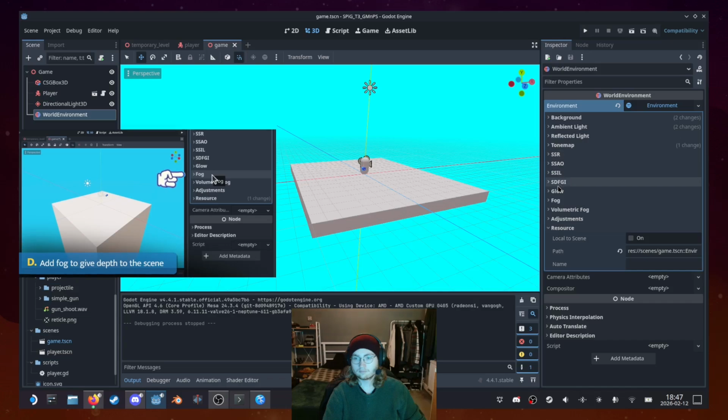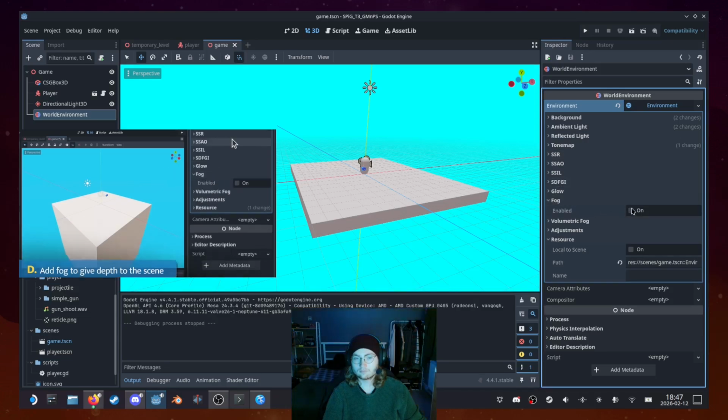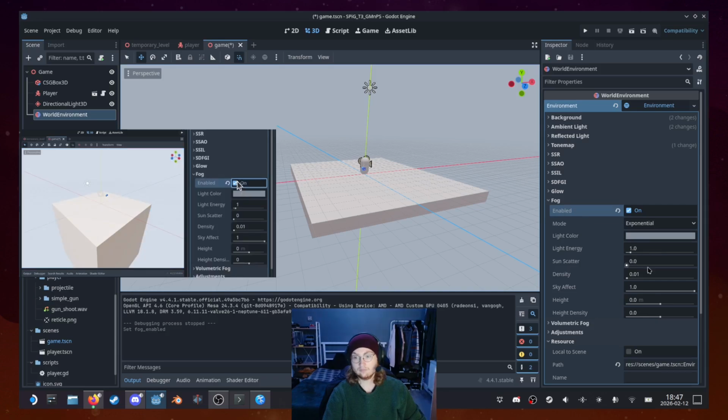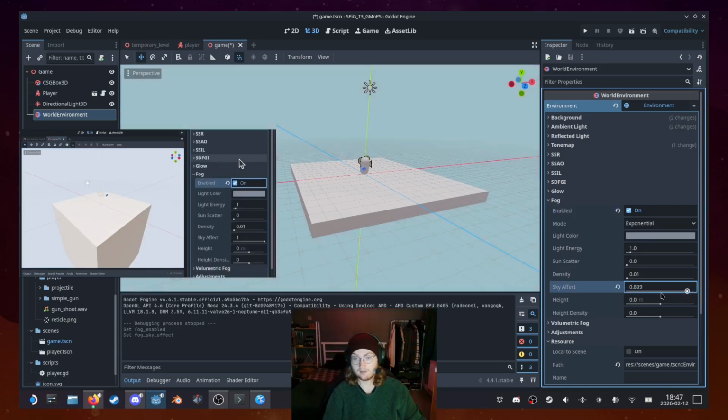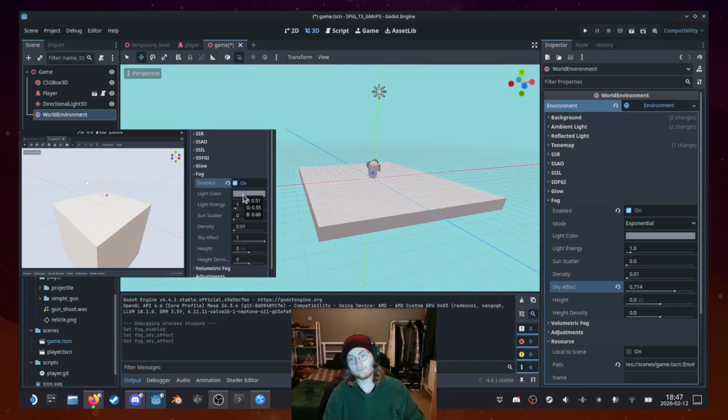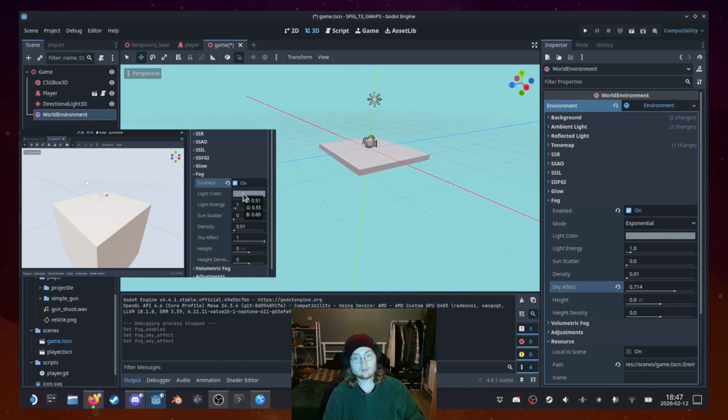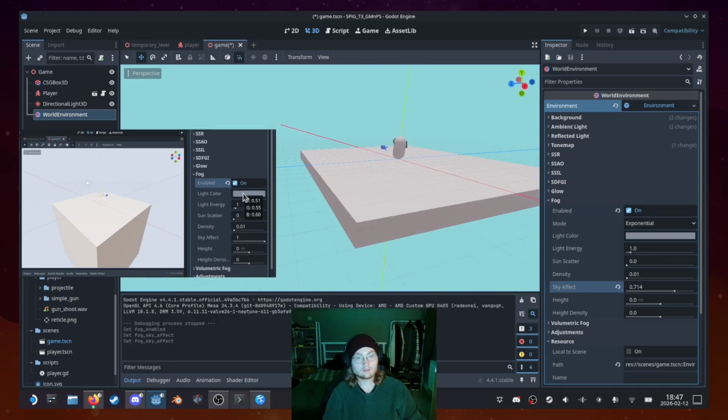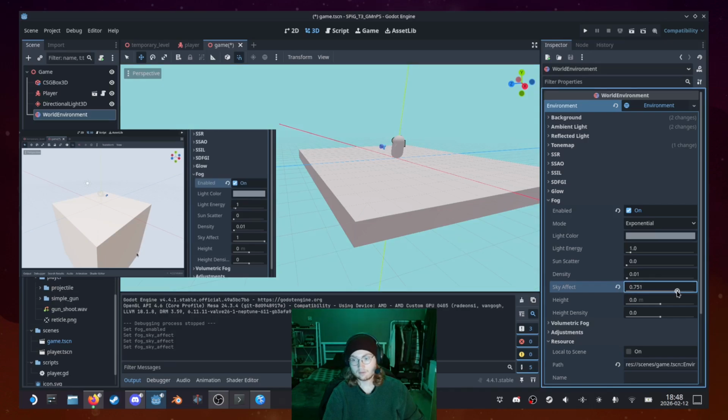This is the last effect we will turn on, so expand the fog category and turn on the enable property. Enable the fog. This makes everything gray because now the fog is being applied to the scene and covers the background. So it simulates fog in the scene, and it is more visible if you have more geometry, but we're going to use the fog to give some verticality to the scene, so it's not a problem that we have